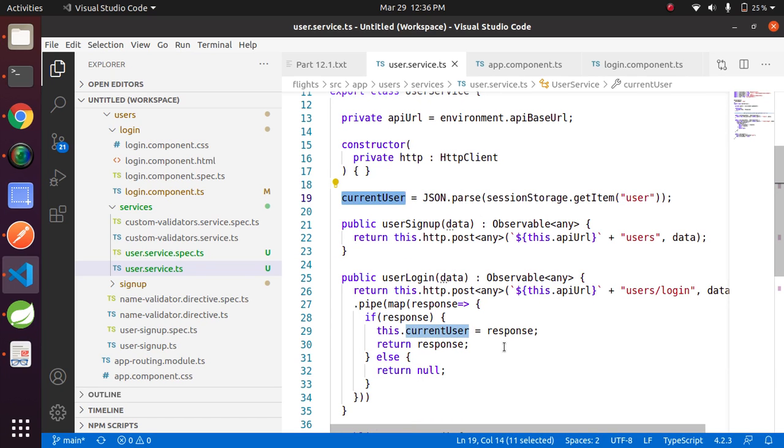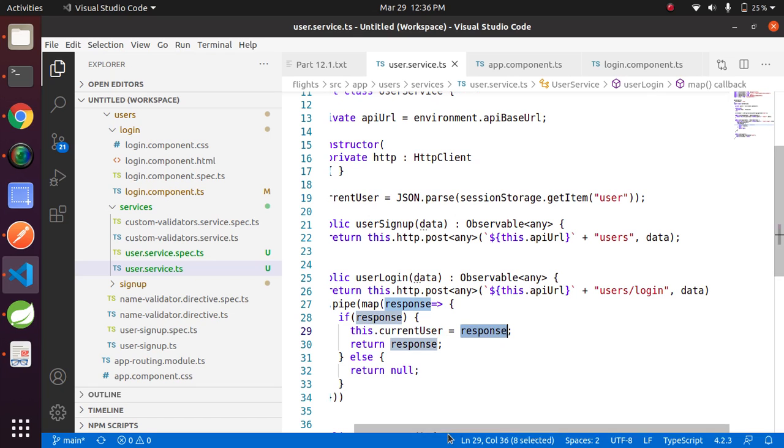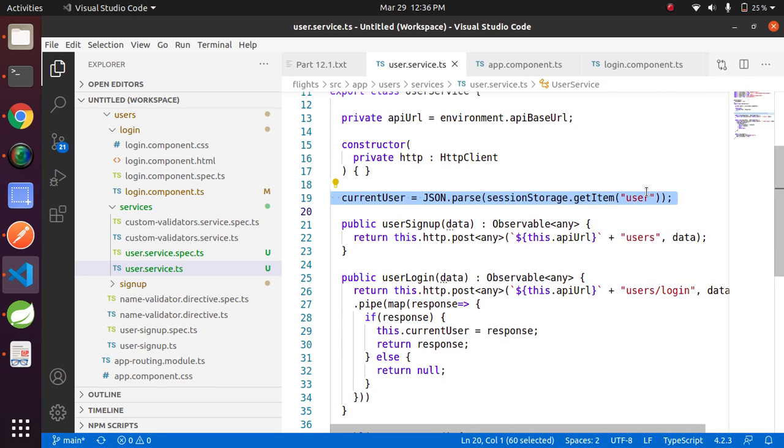And after login success we are updating current user with the response of the server, because this line will execute only when user will refresh the page, but on login successful we need to update this with the same. This object and this response value is same, but this line will execute only when user will refresh the page, and we need to update this variable on the first time whenever user will log in. That's why I added here this line, this dot current user equal to response.